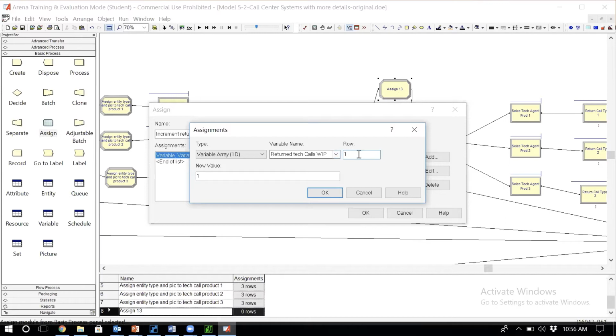and now, what is the index that we use for this variable? Is there any guess? So now I define a variable that is one-dimensional, and the name of this vector is return take call work in process, and this vector is going to have 3 elements. Index 1 for technical call type 1, index 2 for technical call type 2, index 3 for technical call type 3. How can I tell the simulation which, for example,